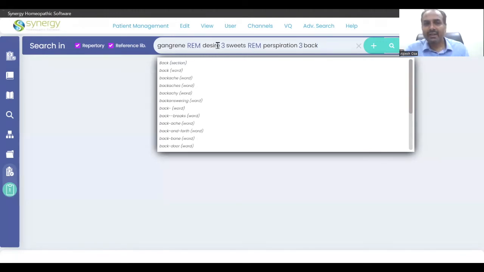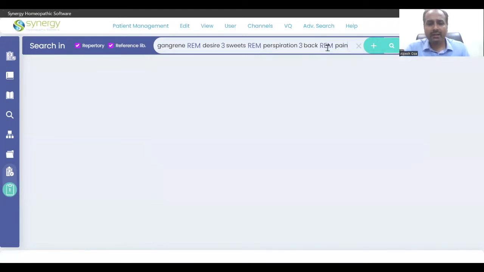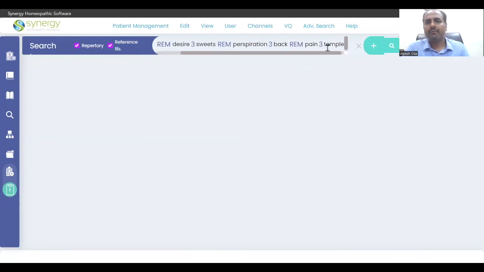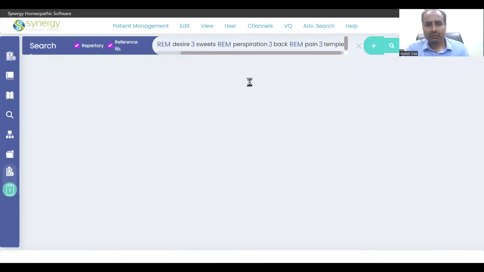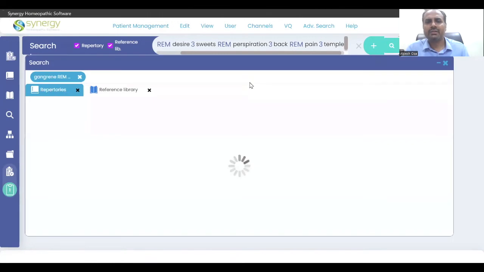Gangrene in the same remedy, desire sweets. How do I connect desire sweets? By using the number 3. In the same remedy, perspiration back. And in the same remedy, pain temples. That's all. And I press enter, or again I can just click on the search bar. And once I click on the search option,